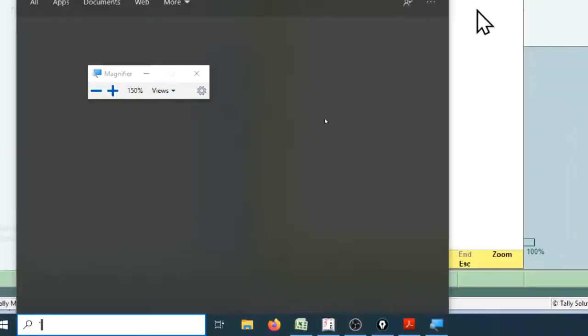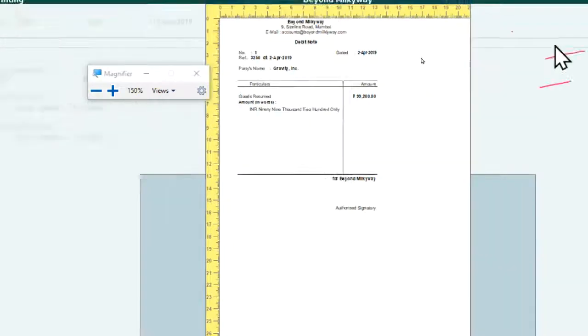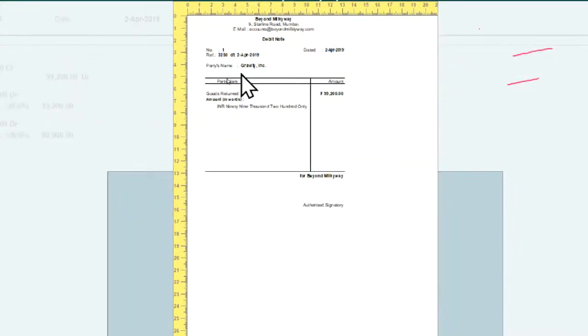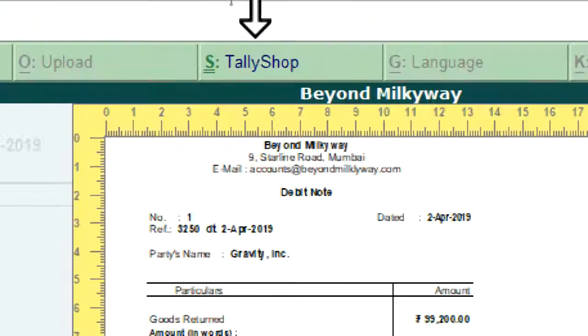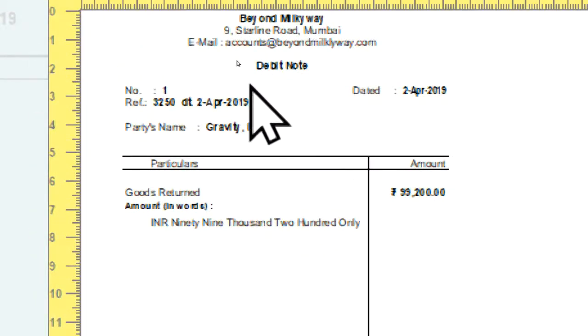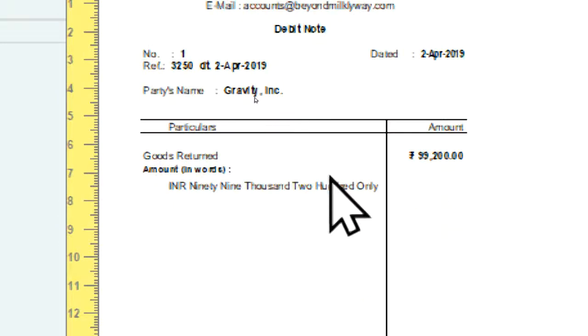So this is the debit note created, and Gravity Incorporation goods returned 99,200, but it does not have all the details.